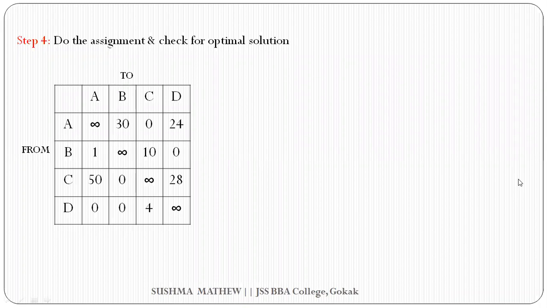C column. From A, see, basically the rule says row wise we have to start and we have to do the assignment where exactly there is a single zero in that particular row. So in the first row, that is A row, single zero is in column C. So we have assigned there. We also need to check if there are any subsequent zeros in that particular column. There are no zeros, so don't worry.